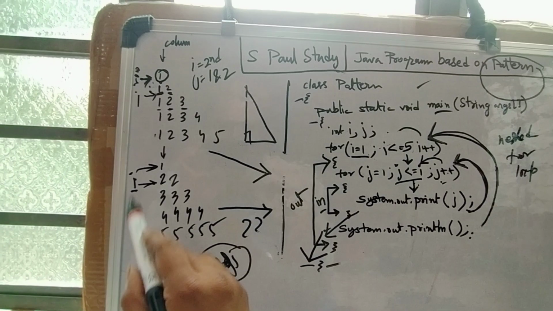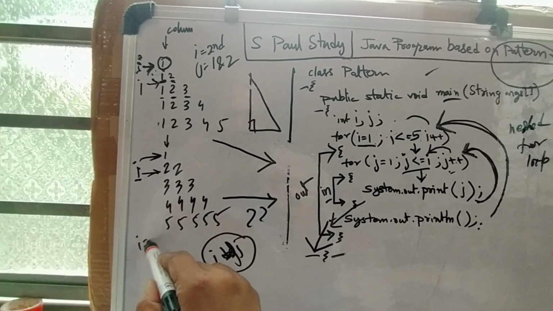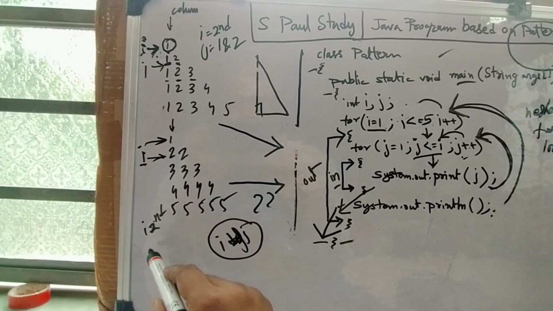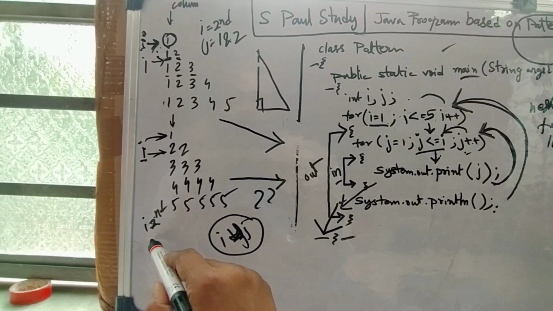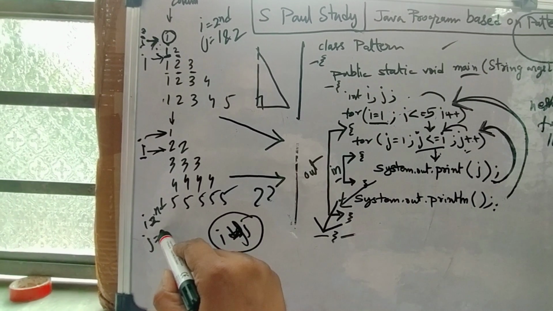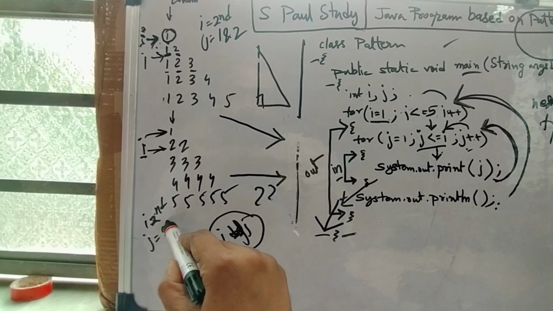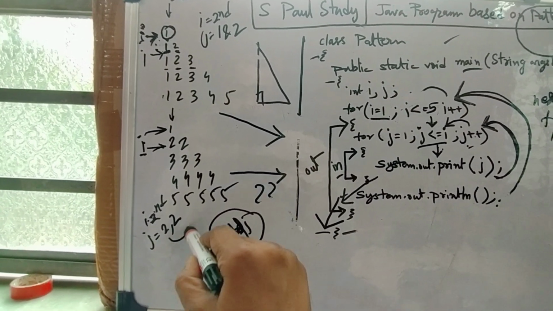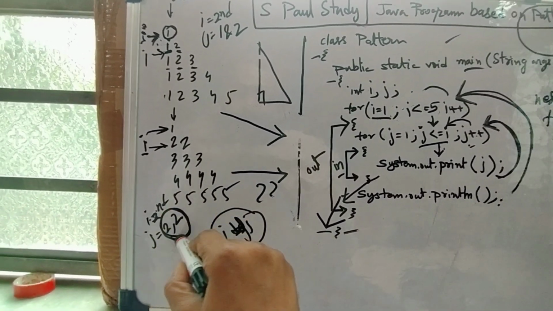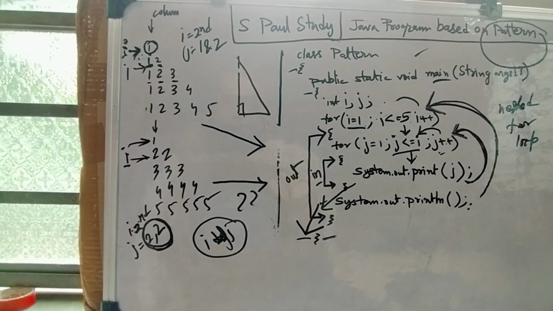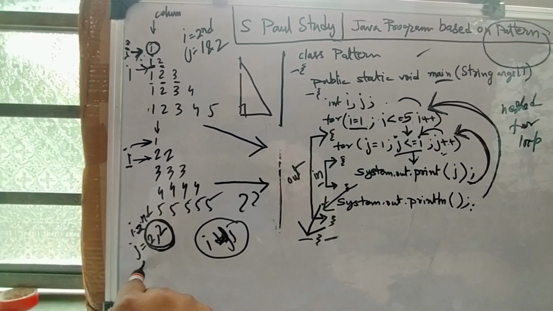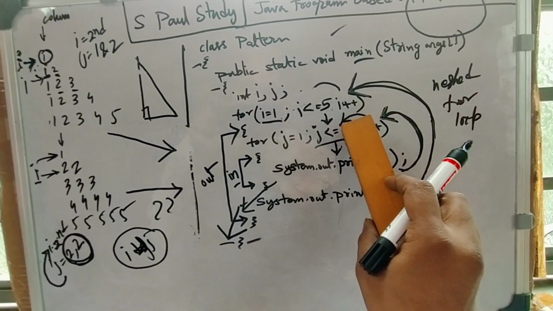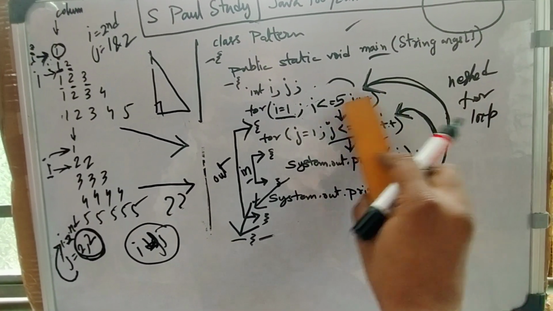But here for i in the second place, meaning the second row, j is 2 2, meaning it is the value that is the same as i. So here the value of j will depend on the value of i. So here there will be some little changes